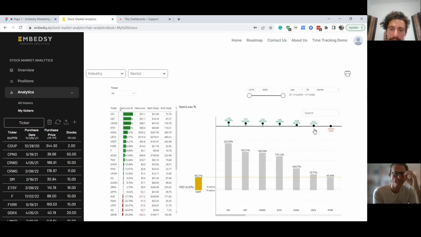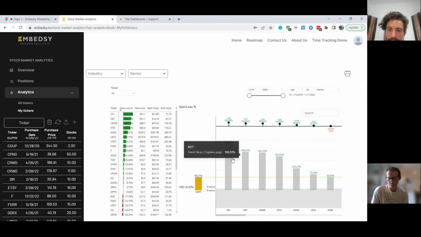I choose Microsoft, and I immediately see it had an upside in the last 36 months of 65%. The median is 6.2, so it's well above the median, but it's also below some other tickers. For example, ON, NET, CrowdStrike, and Etsy are above.